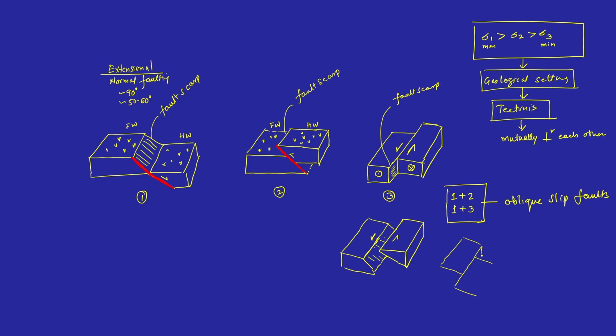So there are different situations depending on the slip. We can identify and categorize the type of faulting. Okay, so here what we see is this block is moving towards us and this is away. So this is left lateral,